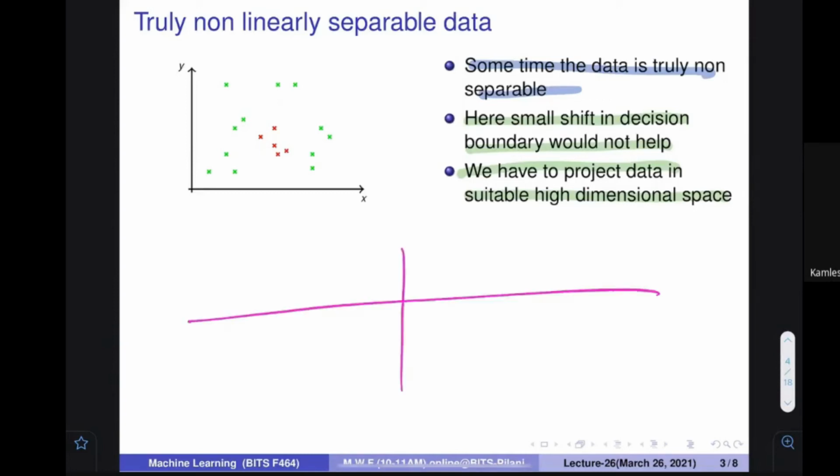So let's assume that the data is only one dimensional. Let's assume that positive examples, one class of examples, are here and 0s are here. Okay. So you know that suitably you can find that this is the decision boundary. But if I say that there are more points, more O's over here, and a few crosses are here, can you find the decision boundary in this particular case? A linear decision boundary? Answer is no. So what can you do?